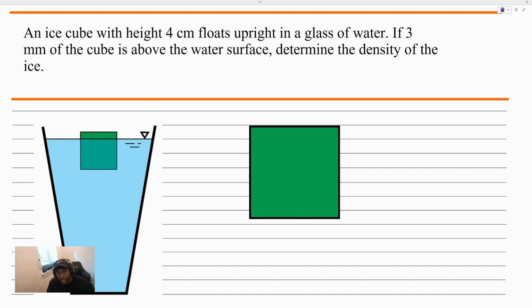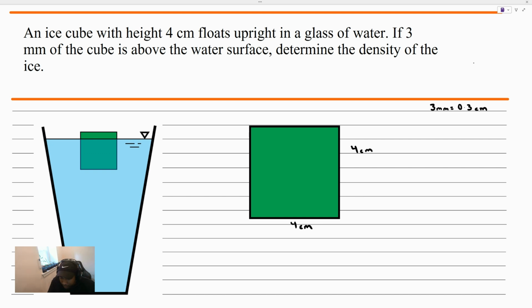It says, firstly, an ice cube with a side length. The ice cube side length is 4 centimeters. It's a cube, so all the side lengths, including the depth, are 4 centimeters. They said that ice cube is floating in a glass of water and 3 millimeters of the cube. Now, what we know is that 3 millimeters is the same thing as